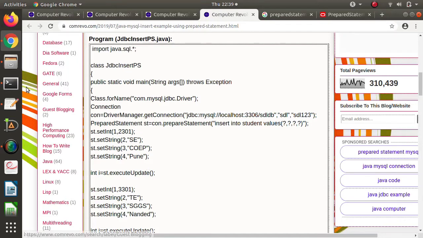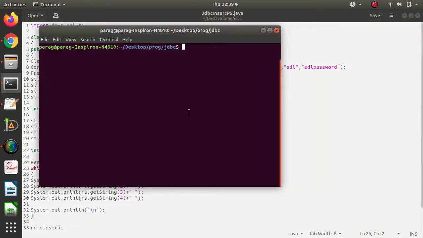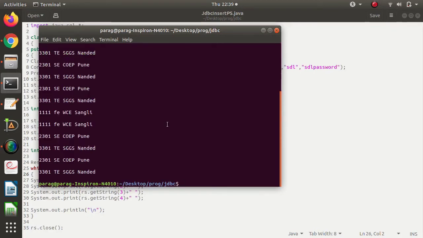Now we will run this. The same program I have mentioned here, and we will compile it and run this program. Look at this.